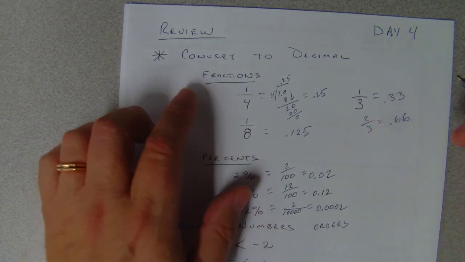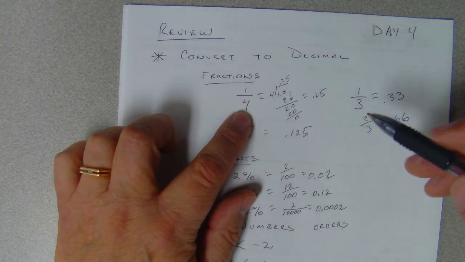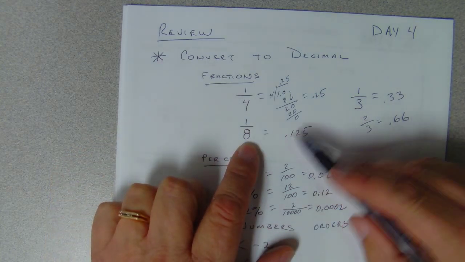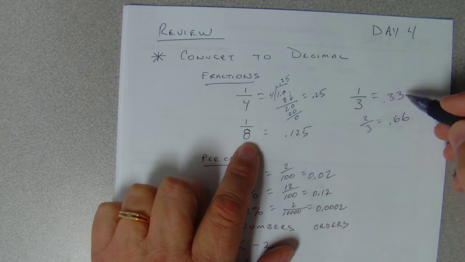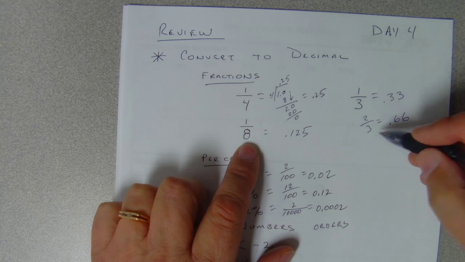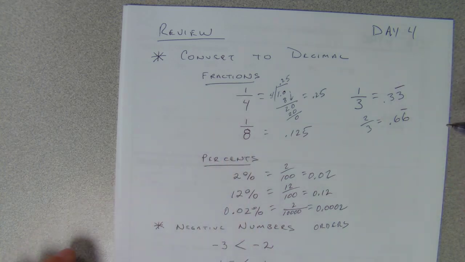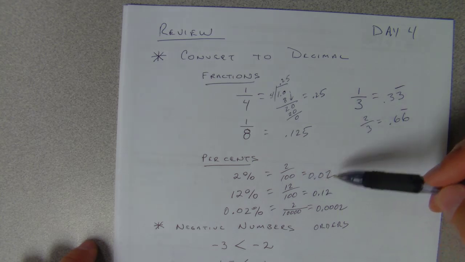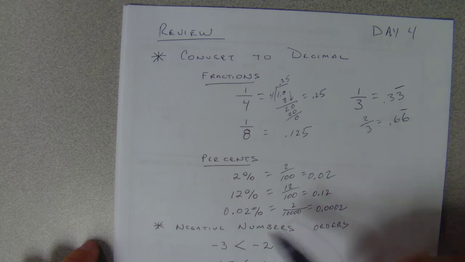First, I want to do a quick review. Convert to decimals. 1/4 is equal to 0.25. 1/8 equals half of that, 0.125. 1/3 equals 0.33, and 2/3 equals 0.66. Actually, they're repeating, so you should have a bar above them. Also, percents. 2% is 2 over 100, so that's 0.02. 12%, that's 12 over 100, so that's 0.12. 0.02%